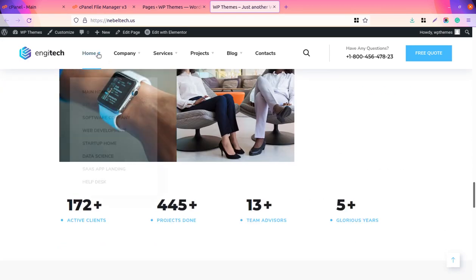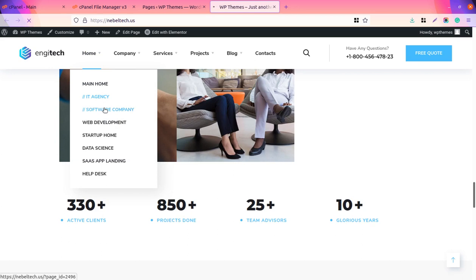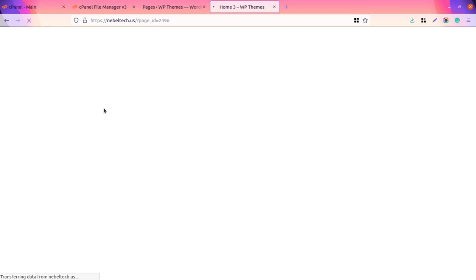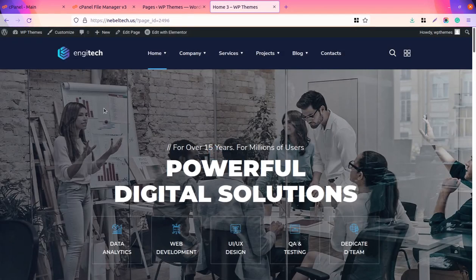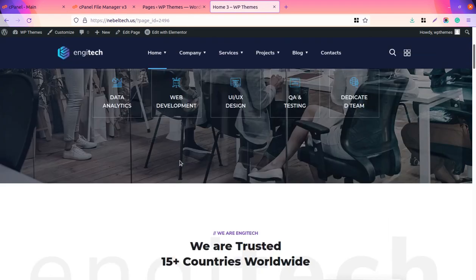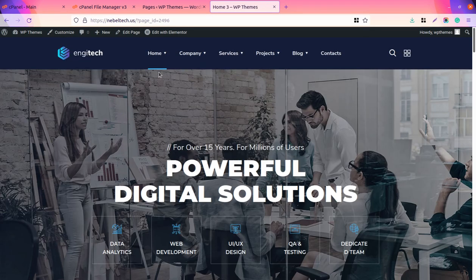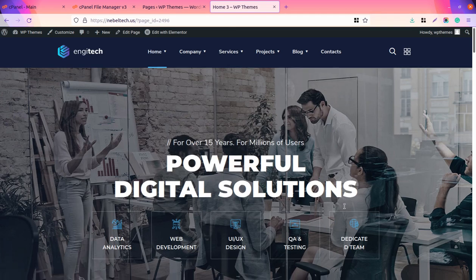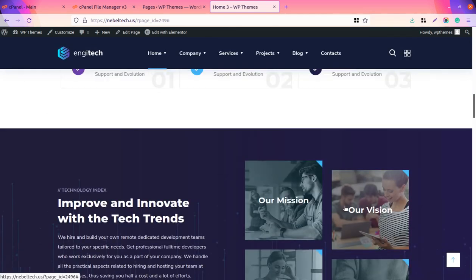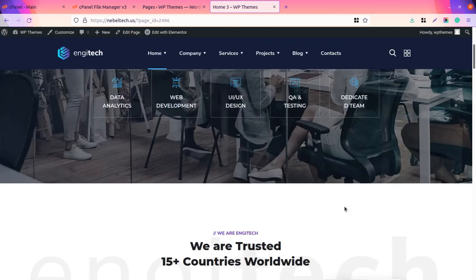This is the complete website, and you can see everything is working fine without any trouble and without any error. Manual import or export always creates trouble, as I have seen.